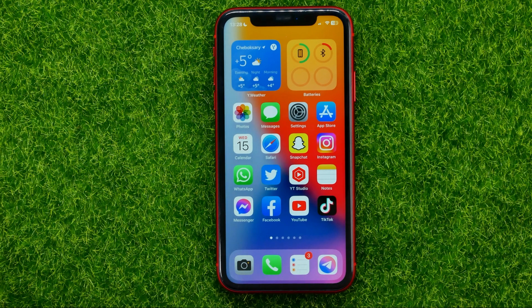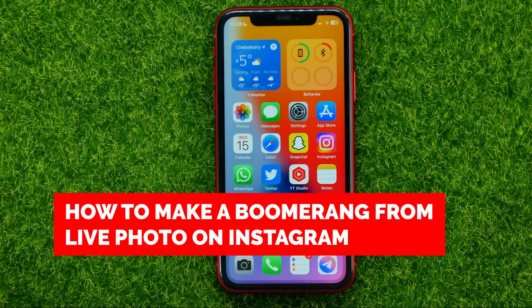In this video, I'm going to show you how you can easily make a boomerang from an existing photo using